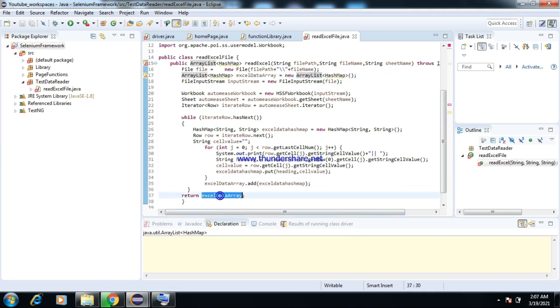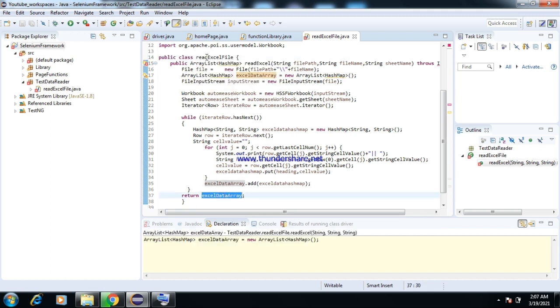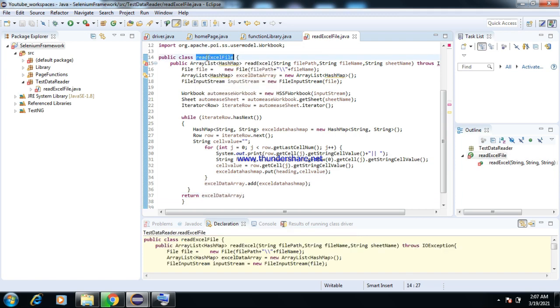So we are going to return this Excel data array through this class. What this read Excel file is called, all the data available in the Excel will be called in this particular class.